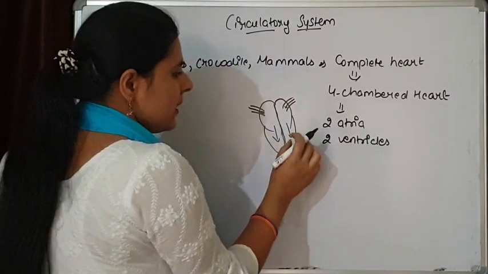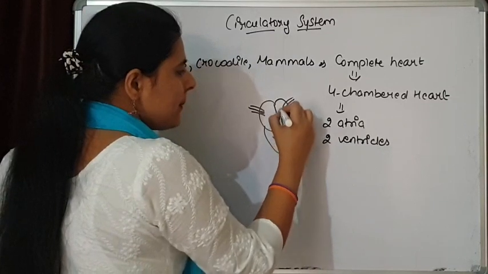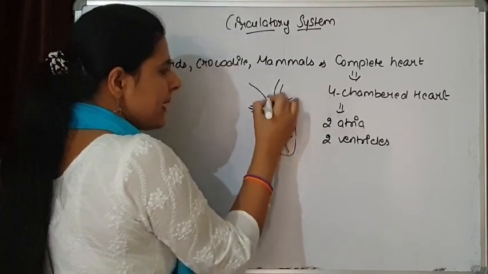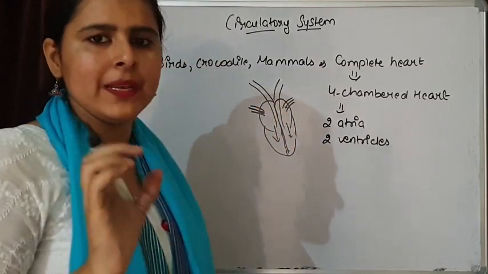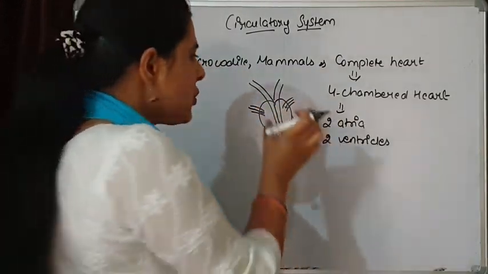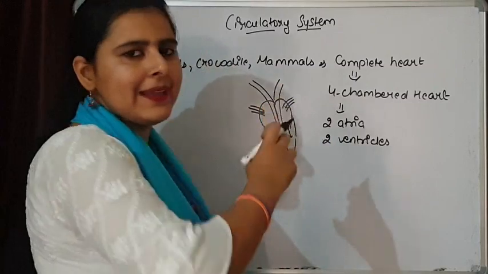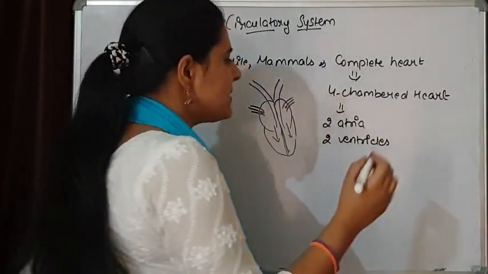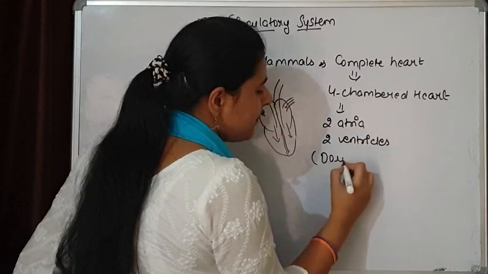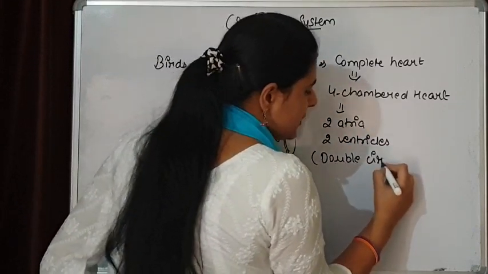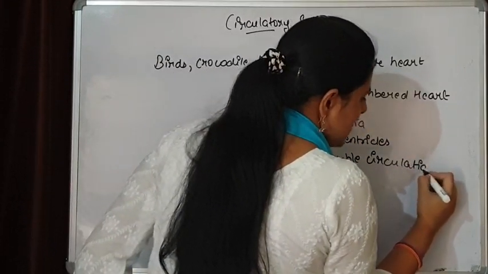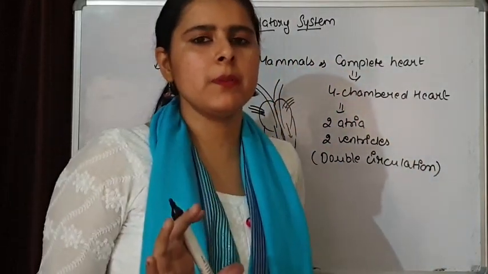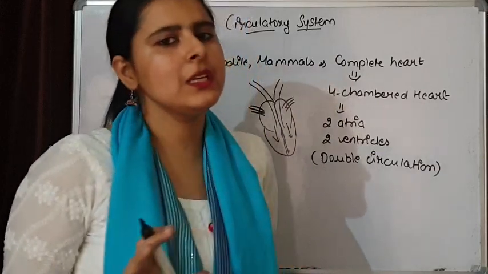This left ventricle is going to pump the blood into the aorta separately, and this is going to pump the blood into the pulmonary artery separately. So two times the blood is entering and exiting the heart, and no mixing is taking place. That's where we are saying complete double circulation is happening. Later on in this chapter we are going to discuss complete double circulation in detail.